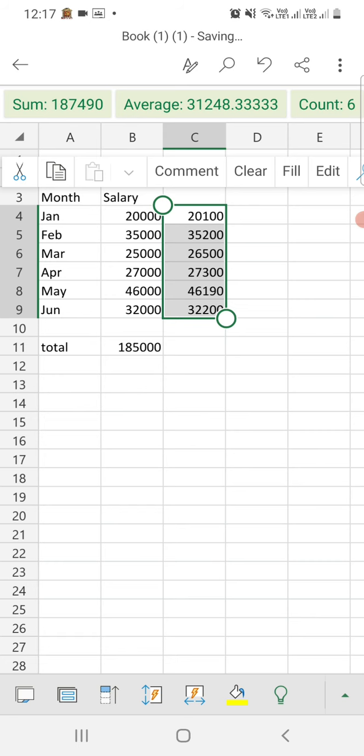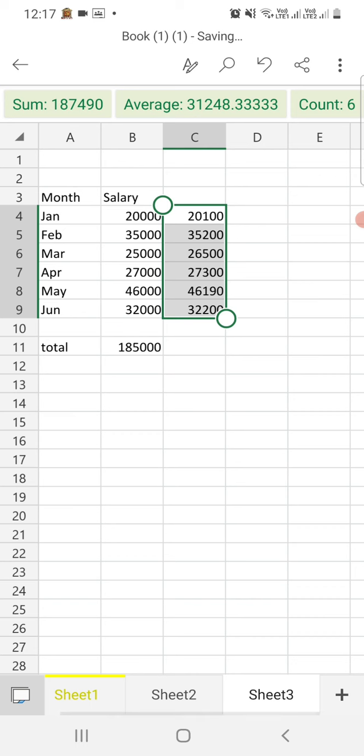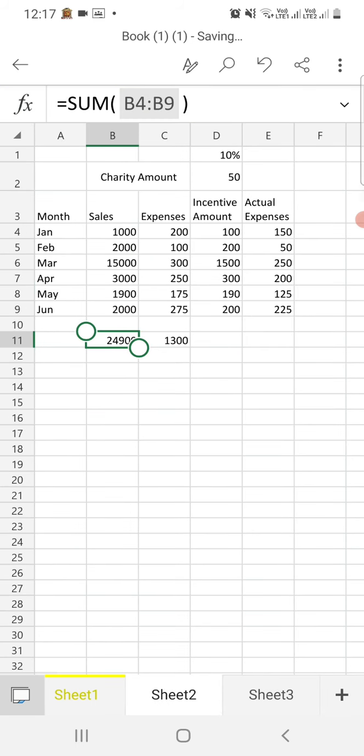Okay, so we get the data. Here we have 20,000, 35,000, 25,000 in sheet 3, and we add the data from sheet 2, from cell C4 to C9, that is 200 in C4, 200, C5 100, C6 300.